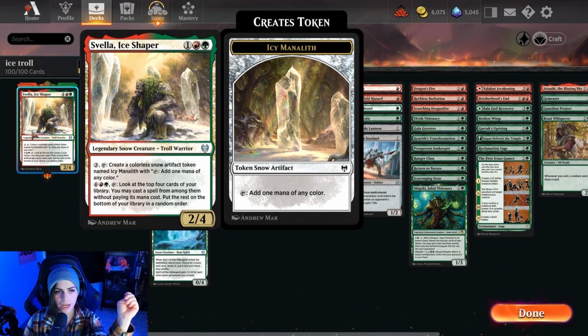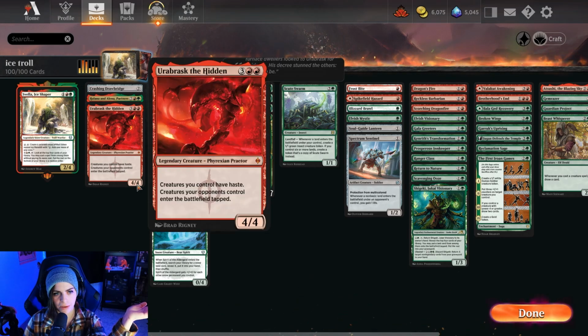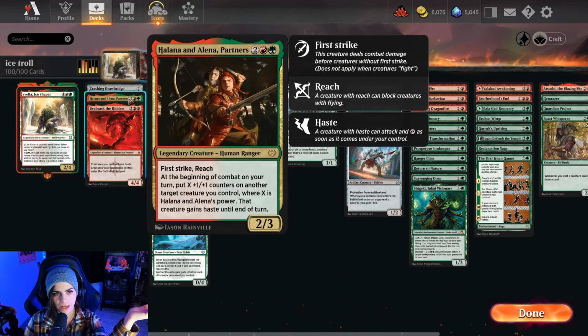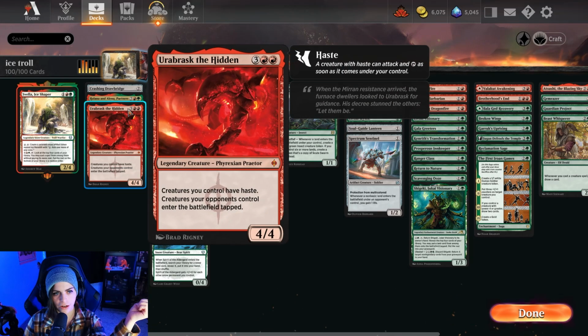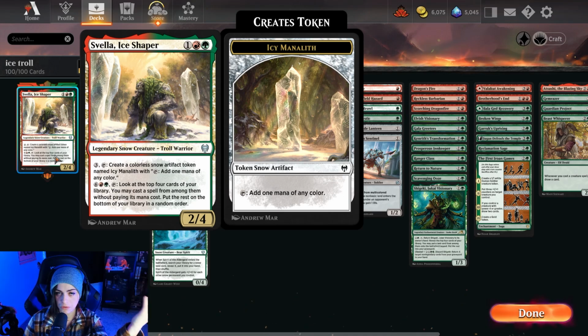So what we're kind of hoping here is essentially like a spin to win sort of theme. So we want to ramp up as quickly as possible, get our commander on the battlefield, and then tap it to hopefully hit into a giant threat. So some ways that we're going to try to do that is add in some hasty effects. So we have Crashing Drawbridge, Halana and Alina partners, Urabrask the Hidden, to just let it, hopefully do its thing,